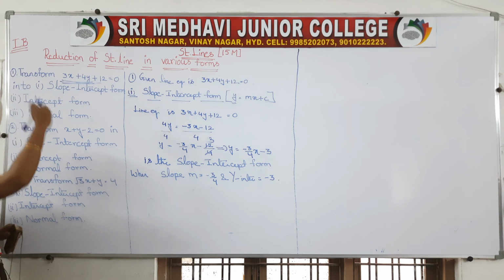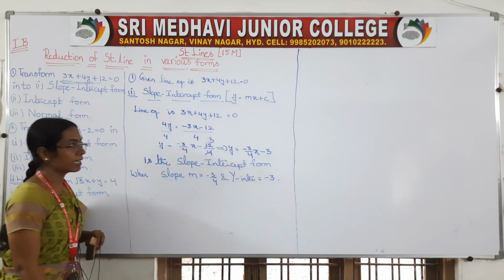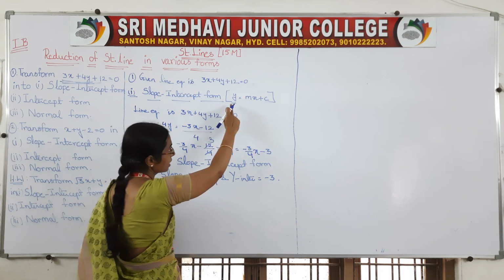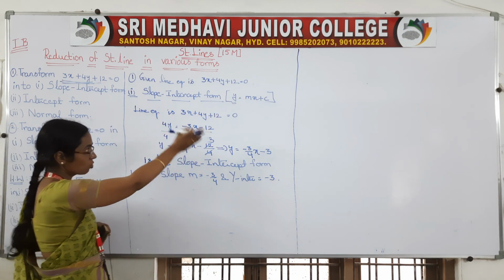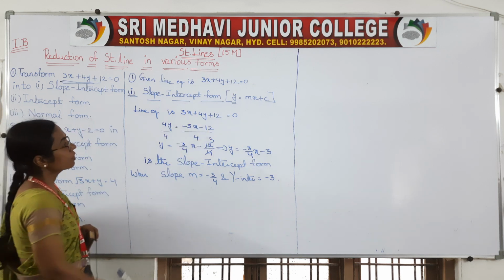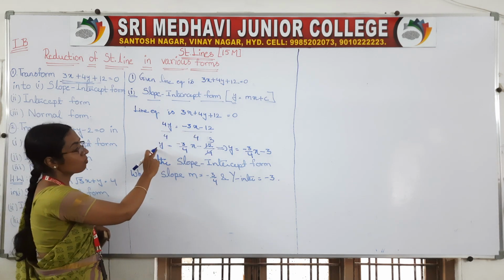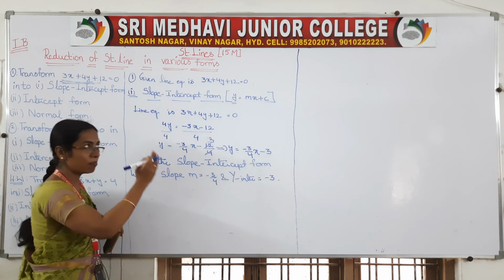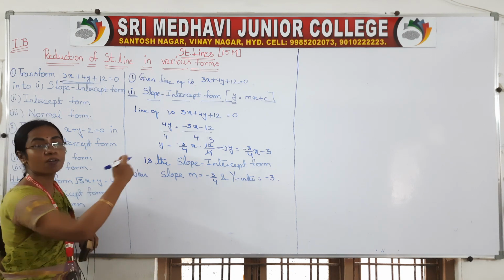So first is slope intercept form. Once again I am explaining. Observe carefully. This is your line equation, and we have to convert it into slope intercept form. Slope intercept form means the left side should have y, and the right side the x term and constant. So keep your y term as it is and send these two terms to the other side. I said only y should be there, but 4y is there, so divide by 4. You got y is equal to this. Now observe, y is equal to mx plus c. m and c can be positive, negative, or zero also. So your slope is this, and the y intercept is this.